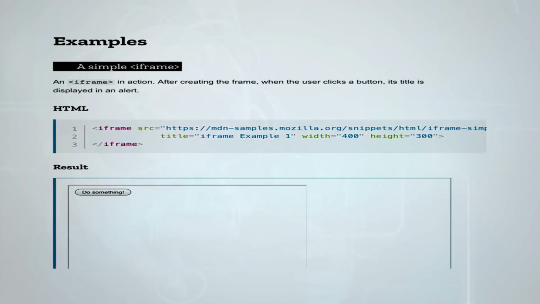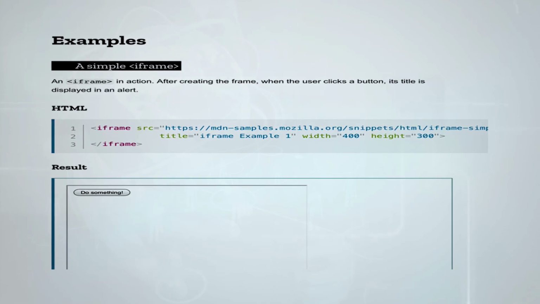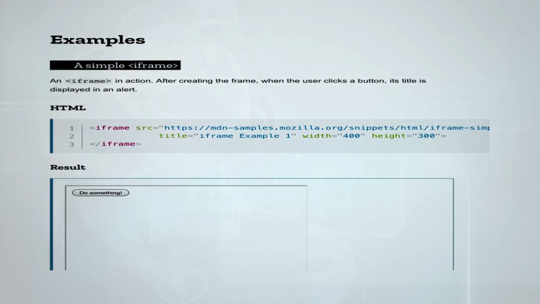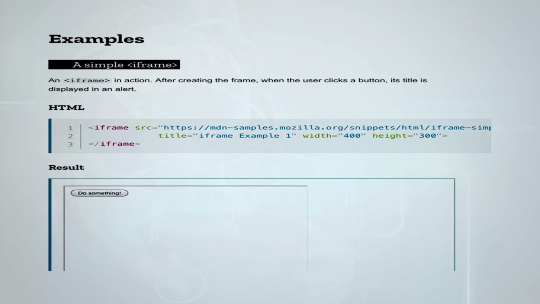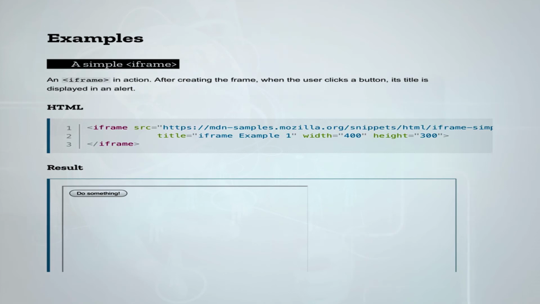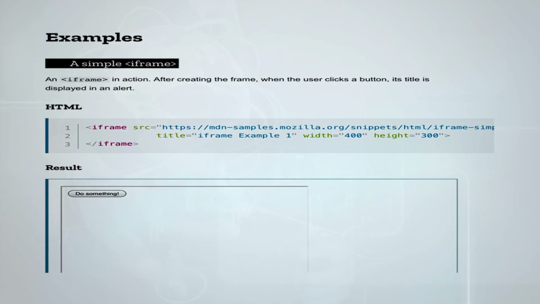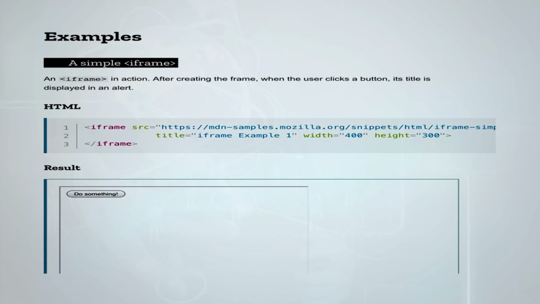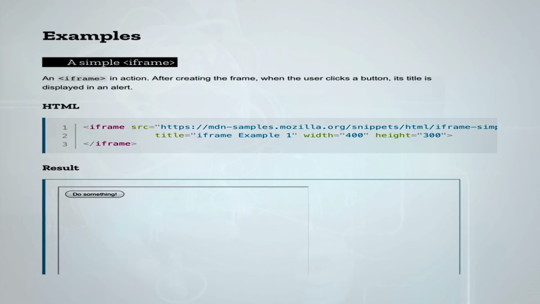Now let us have a look at a simple example. An iframe in action after creating the frame when the user clicks a button is like the one displayed on the page. Let me go through the HTML code which created it. You have to plug in this particular code in the appropriate place on your web pages so that it really runs and shows. It starts with an iframe opening tag and closes with the iframe closing tag.